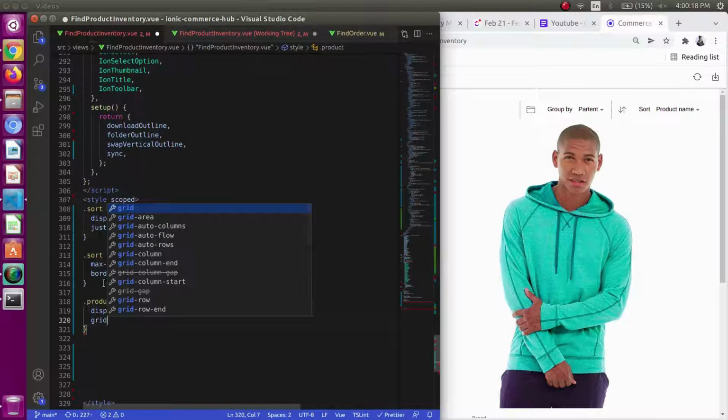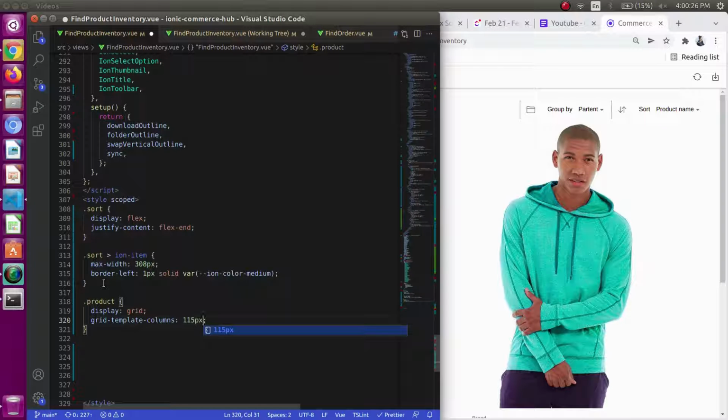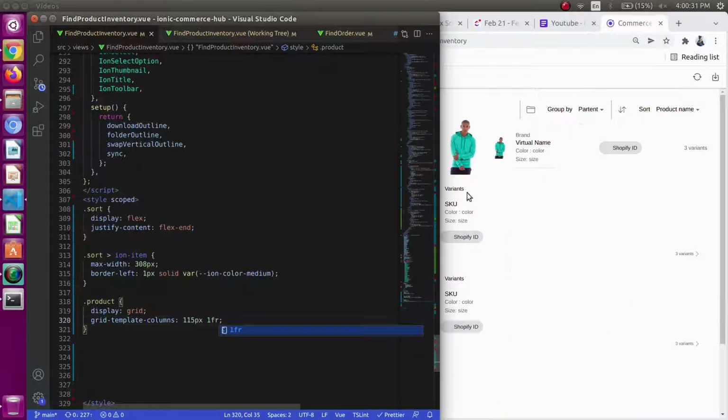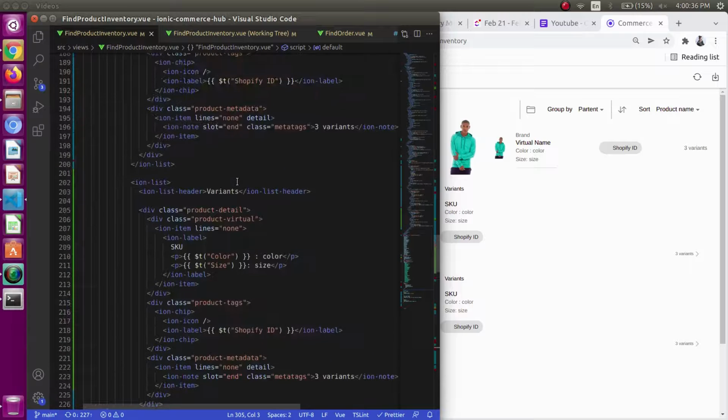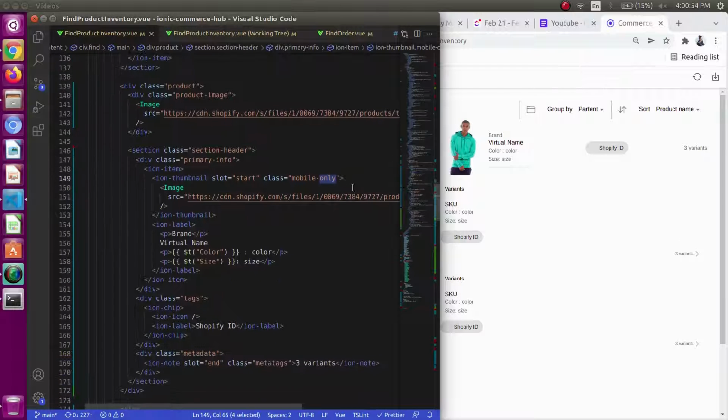I want the image and section header portion in one line. This 115 pixels is the width of my image, and 1fr will be the section header part. I want my thumbnail image to be viewed on mobile only, so I will be applying the mobile-only class for this. Just save it.